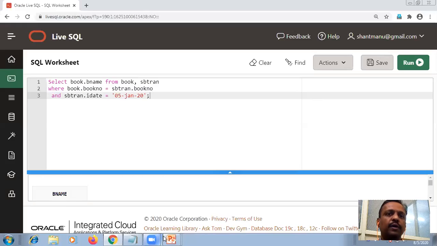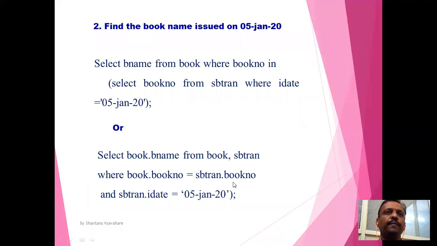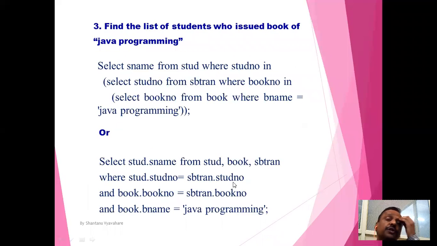So now let's move towards the third query. What is the question? Find the list of students who issued the book of Java programming. This means you have to match the three tables with each other.